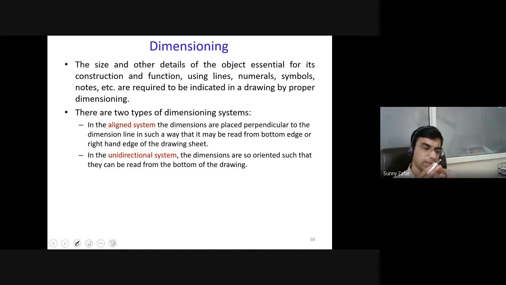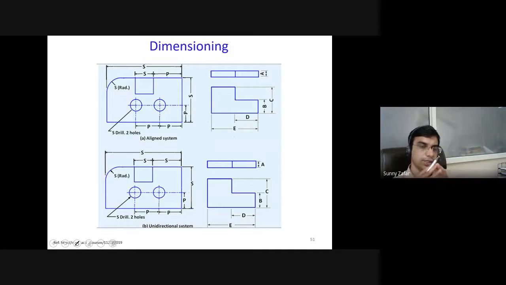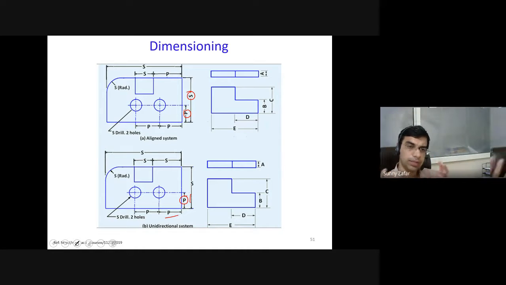More popularly, there are two methods of dimensioning in machine drawing. One is the aligned method, and the other is the unidirectional method. I will just directly show you how it is done. In the aligned method, if the dimension is being done horizontally, the orientation of the alphabet also changes. In unidirectional, irrespective of the position of the dimension, either vertical or horizontal, the orientation remains the same. Generally, aligned and unidirectional systems are used. Both are correct, so depending on which you prefer, it can be picked appropriately.